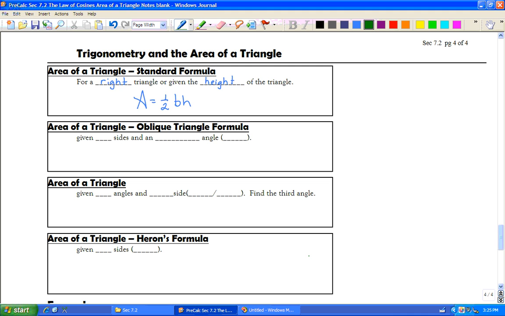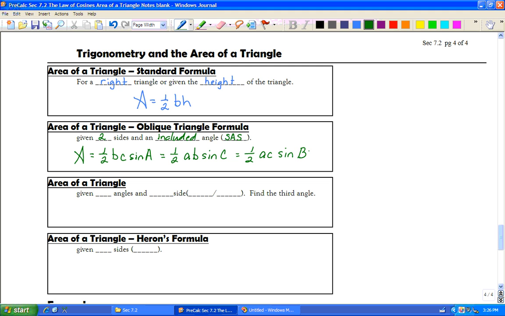Okay, what if we don't have a right triangle or we don't have the height? Well, these are called oblique triangles, and if we are given two sides and an included angle, and if you remember that, that's side, angle, side, we have three different forms of our area formula. So we have A is equal to 1/2 B times C times the sine of angle A, or 1/2 A times B times the sine of angle C, or 1/2 A times C times the sine of